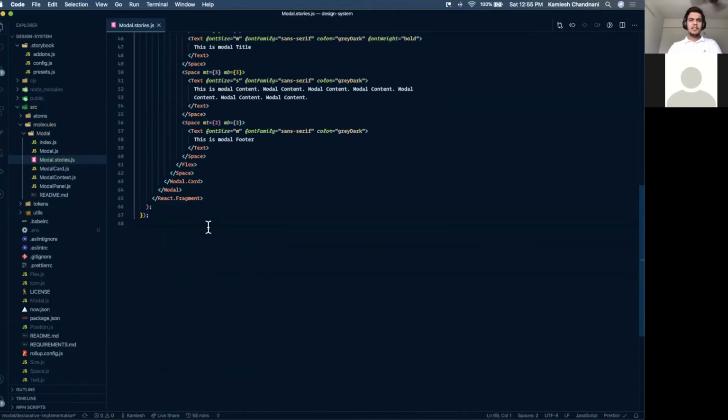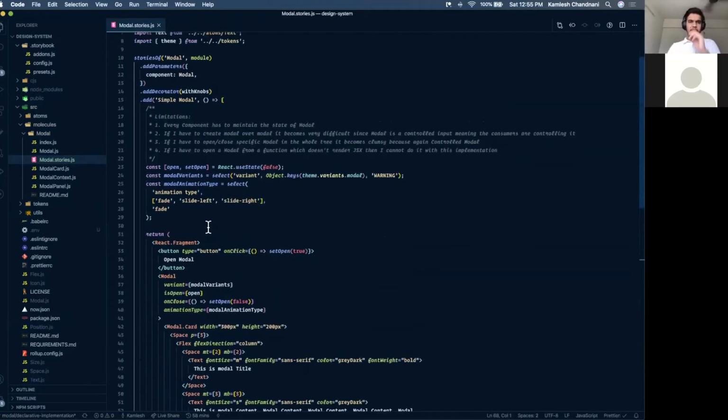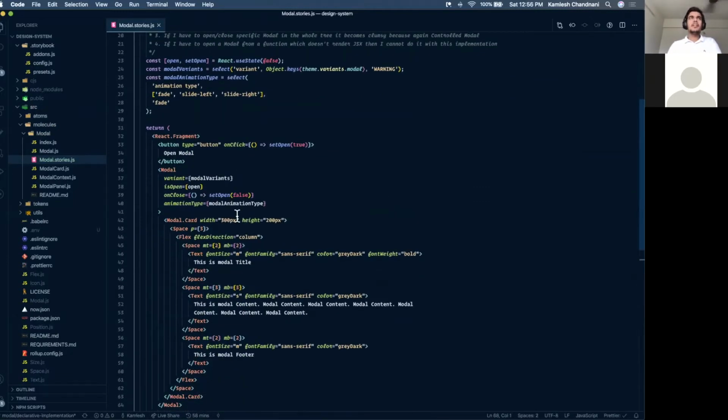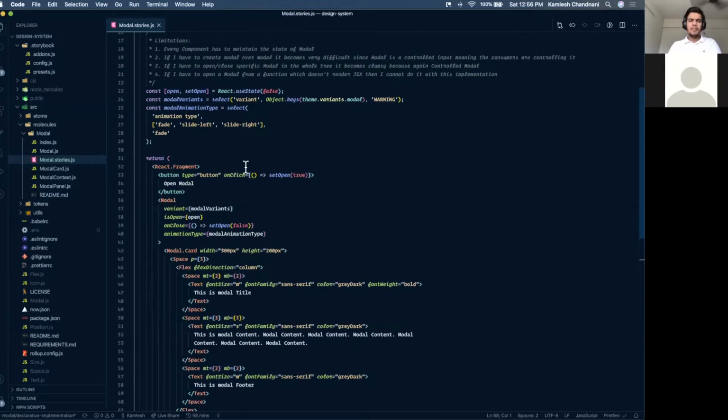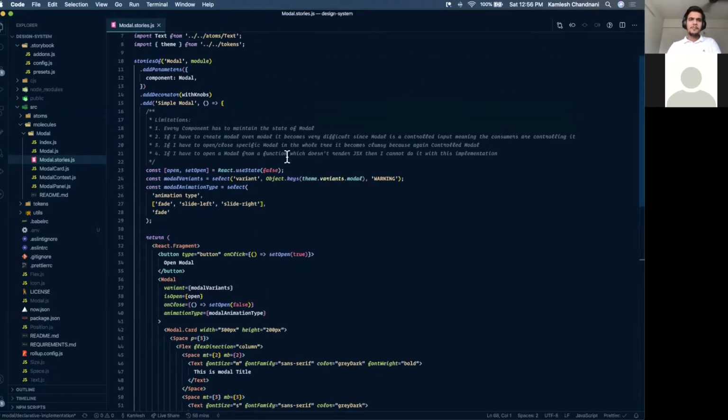Now I want to think about whether you can implement it in a different way, because there are a couple of limitations with this approach. So these are the limitations.